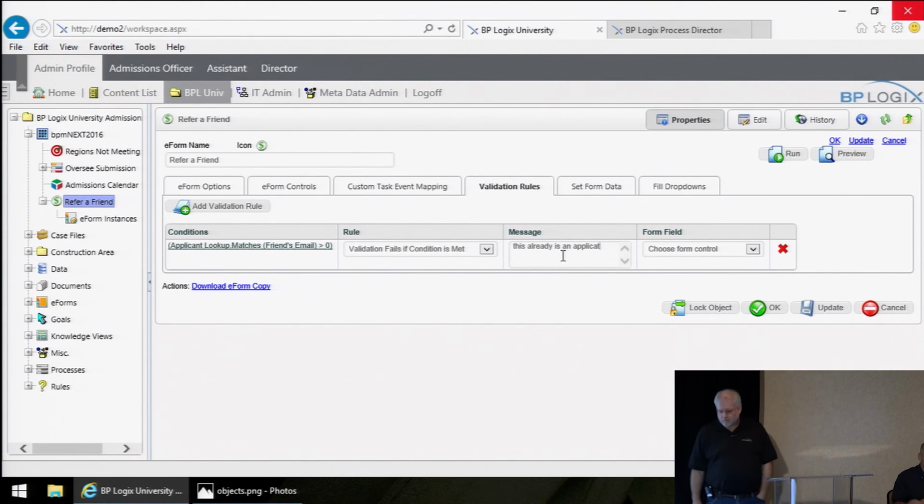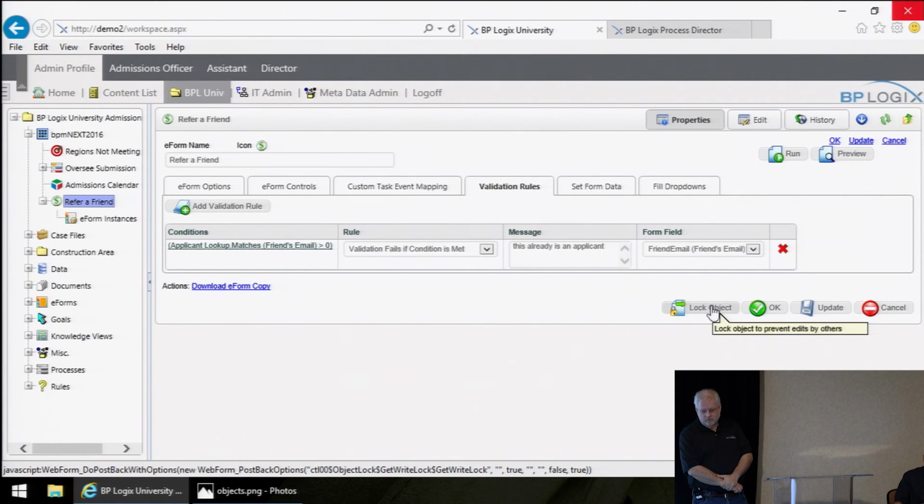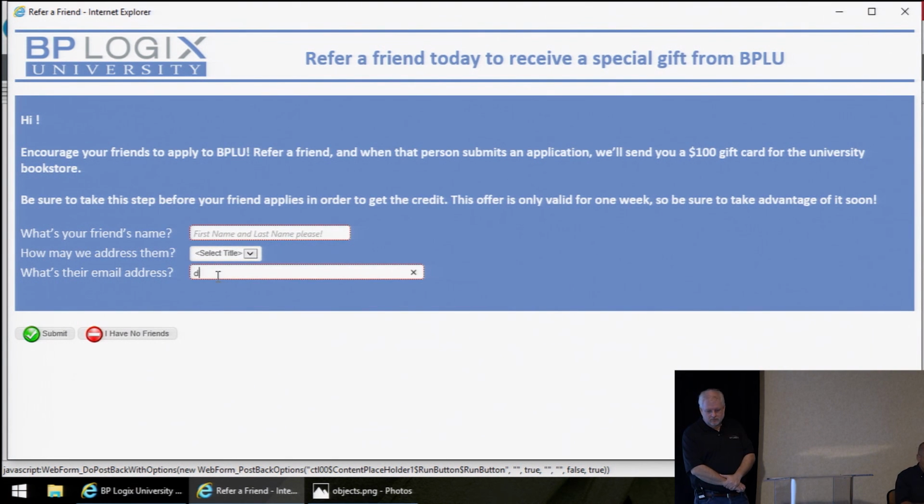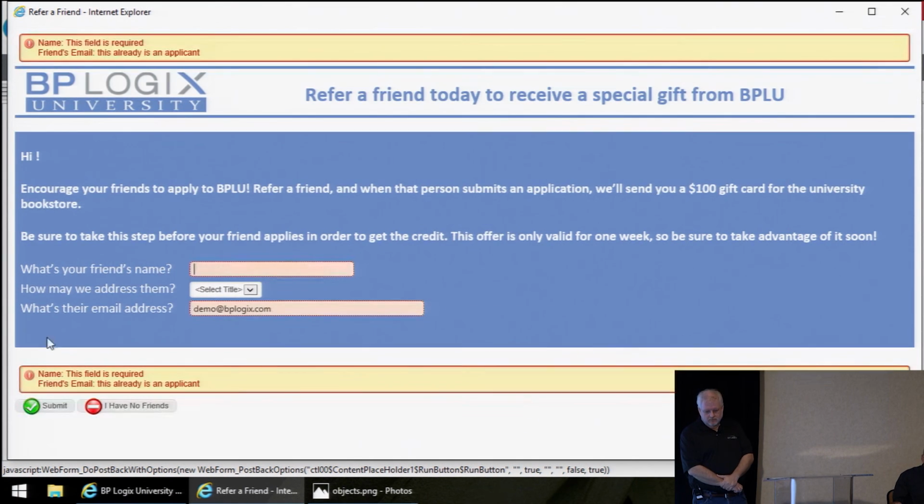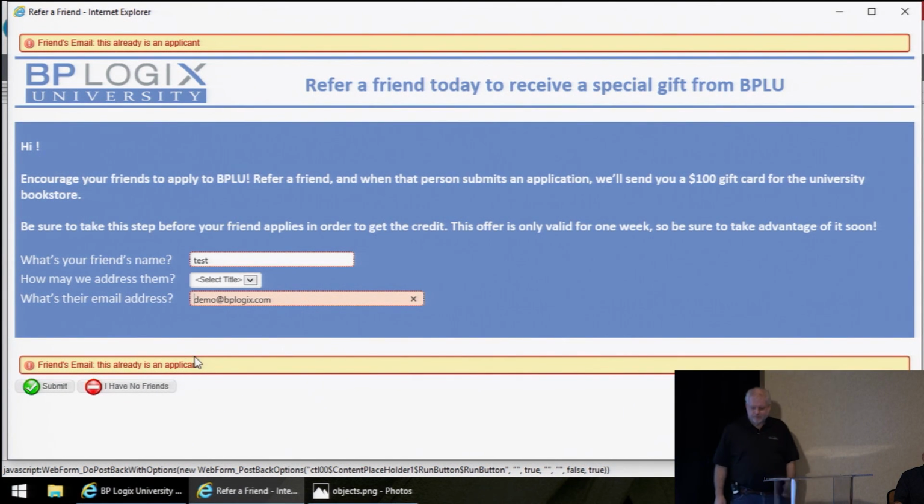So this is an example where I can use the same goals, business values, rules, the objects within the system to control behaviors of the form, what's visible, not visible, enabled, disabled, and also what validation. On this particular one, if I were to put one in that already exists, I'll get an error. If I put one in that doesn't already exist, then I'll get something different. So let me submit this with a name in. This one's telling me the friend's email address is already an applicant,